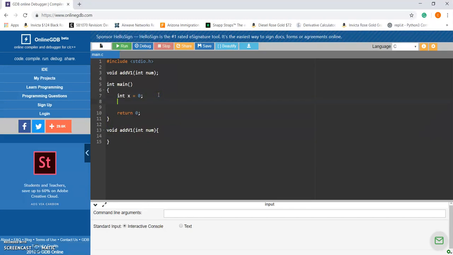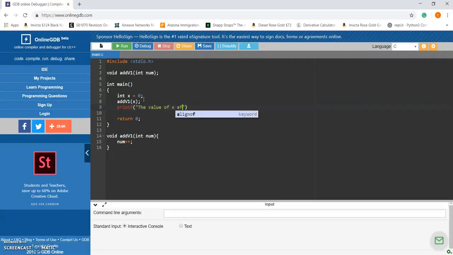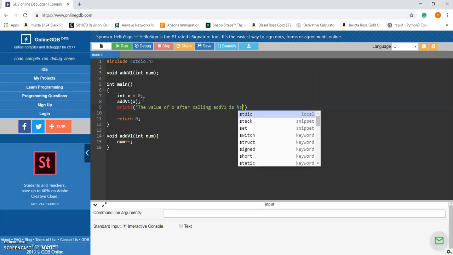So in main, we are going to call add v1 and send x over. And our function doesn't return anything, as you can see, because of the void. And in the function, we will say num++. And we will say printf the value of x after calling add v1 is